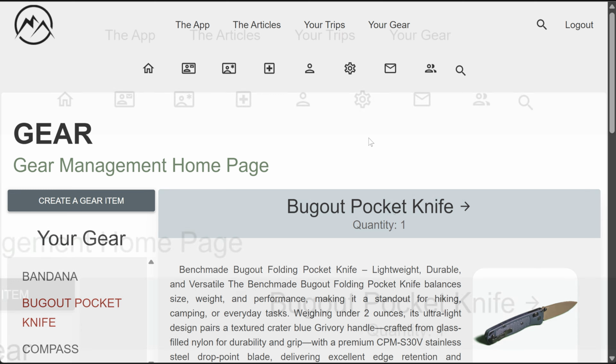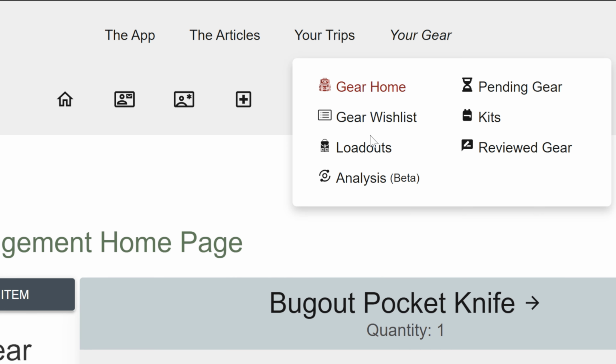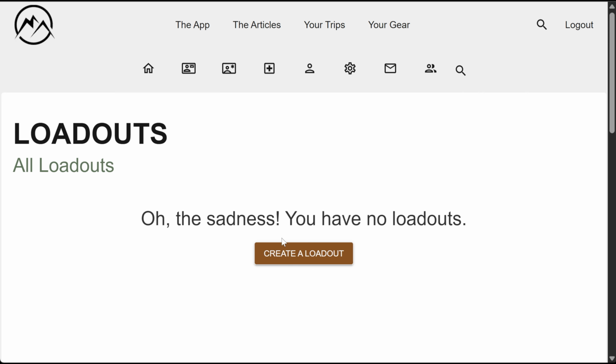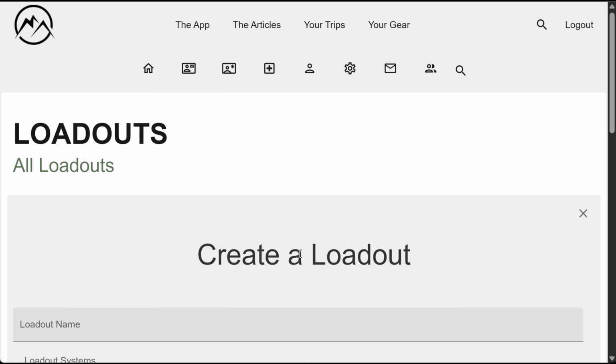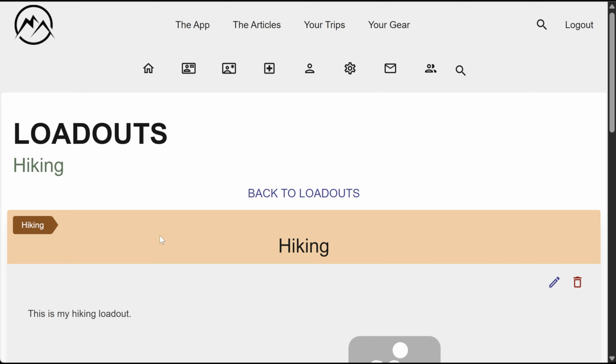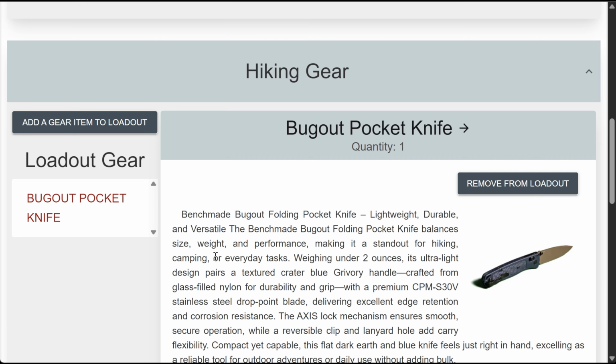Next, let's create a loadout. From the Your Gear Navigation category, click on Loadouts. Then click Create a Loadout. The process for creating a loadout and adding gear, kits, and subloadouts to a loadout is similar to the previous kit example. I'll create a hiking loadout, then add the pocket knife as a gear item and the navigation kit